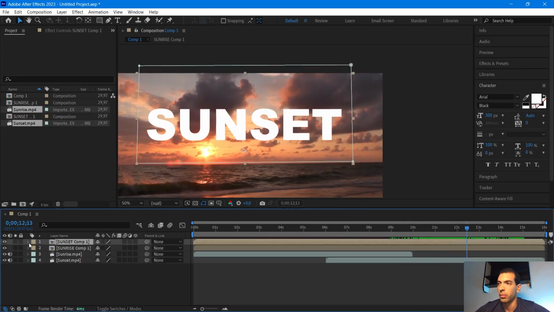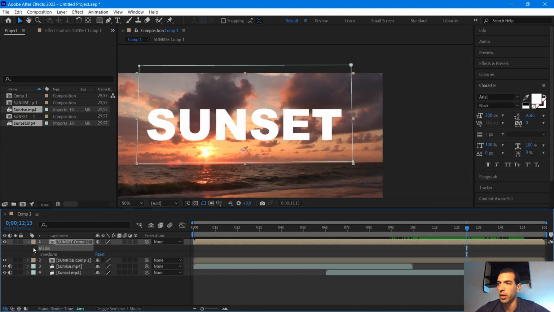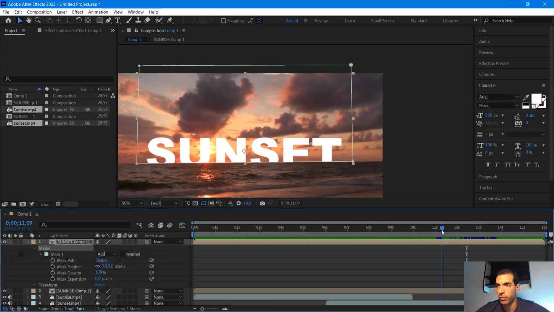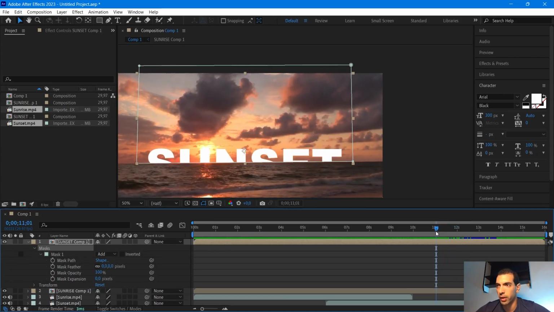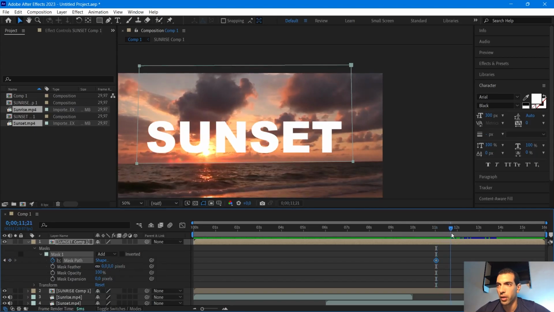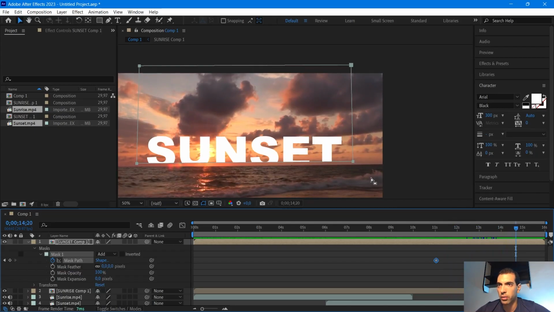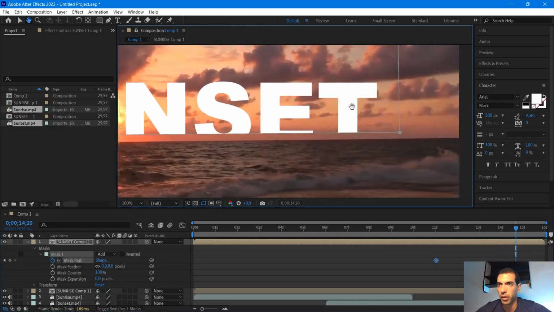I'm gonna click on the pre-composition, toggle this down, go to masks, toggle this down, mask 1, toggle this down. I need to, at 11 seconds, about here, I need to click on the stopwatch, mask path. I need to animate the path. Okay, everything is fine here. And when it goes down, I need to move this point a little bit down and this point a little bit down. So I zoom in,